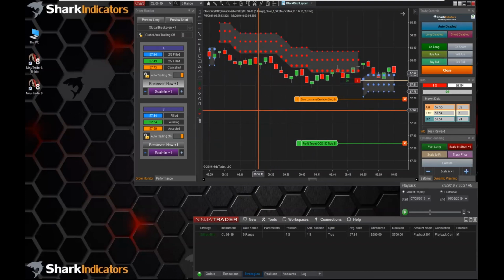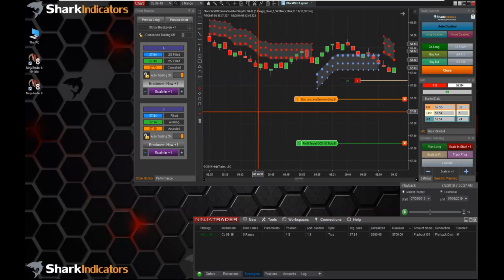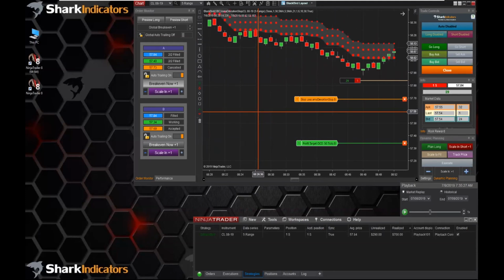And let's see, where is that? That's back here somewhere. Yeah, this is actually oil. This day was pretty kind of range bound, but here we go. Here's the example. So let's say you're able to get into the trade here, and then the market